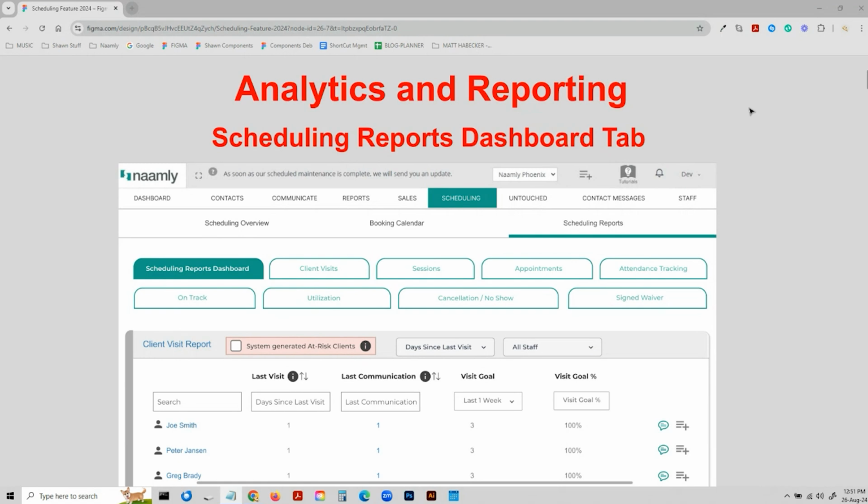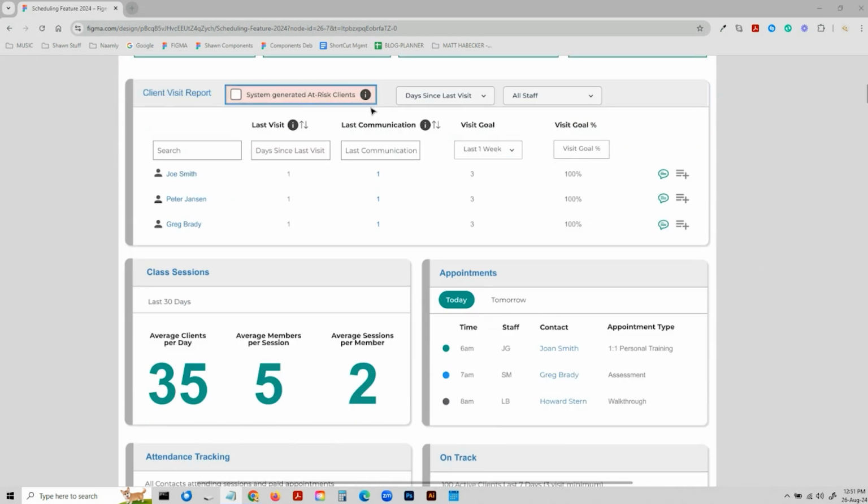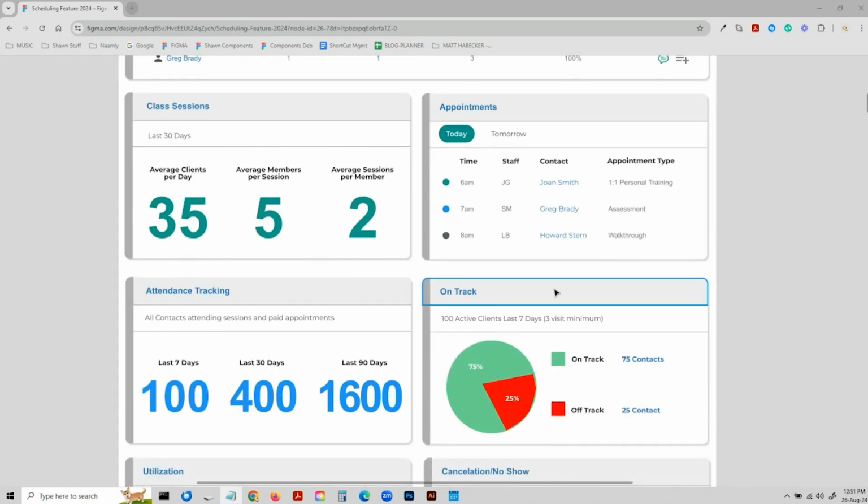Here we have scheduling analytics and reporting. This part of the scheduling module will prove to be very powerful when it comes to analyzing your scheduling data, thus allowing you to make informed decisions before taking action. For example, here we have the scheduling reports dashboard. And if we scroll down here, you can take a look at the panels that we have: client visit report, class sessions, appointments, attendance tracking, on track,